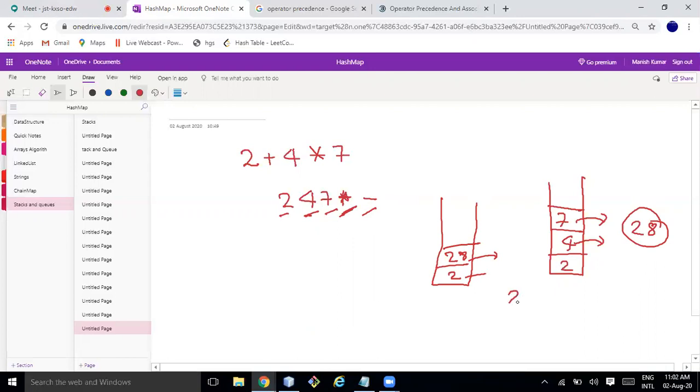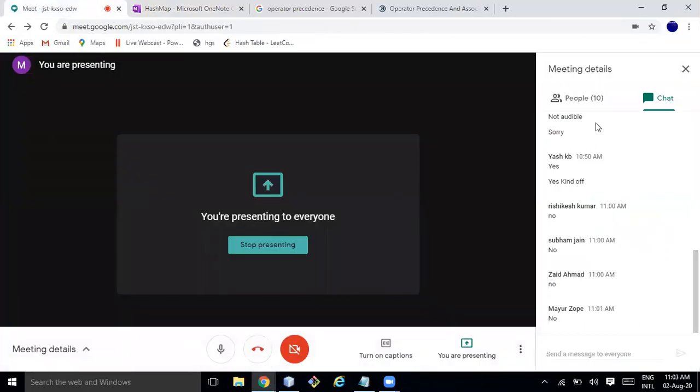So it will be 26. And the next structure will be 26, and there are no more elements. Pop this out. This will be the result. Very simple, isn't it? Yes, Manish. So give it a try.